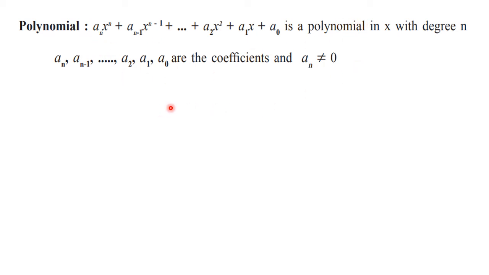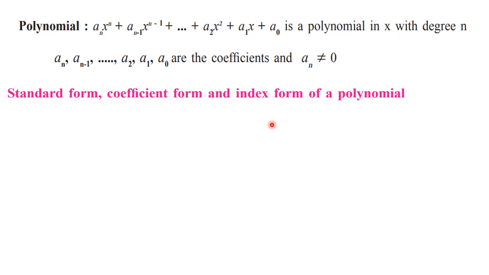You can mark it in your textbook with pencil to understand what a polynomial is. So a polynomial is an algebraic expression with many terms, and you know that the terms consist of the coefficient and the variable, and those variables have different powers. Okay. Let's see some examples here, and while understanding those examples, we will try to understand the meaning of standard form, coefficient form, and index form of a polynomial. These are different forms of the polynomial, and based on that, questions are also asked. So now let's take the example.